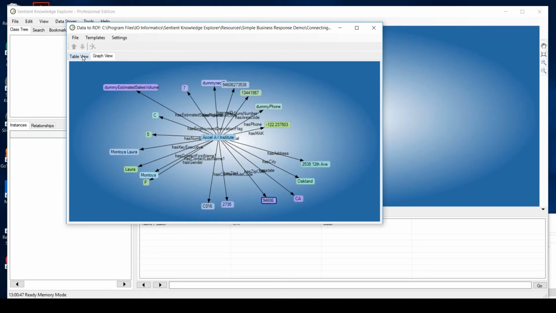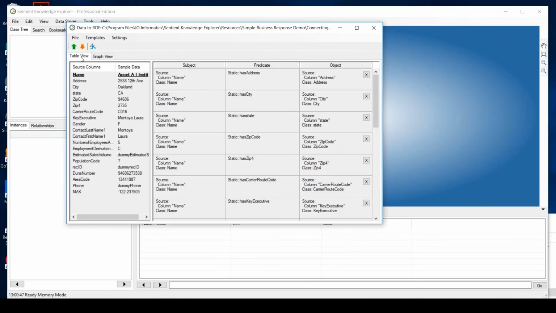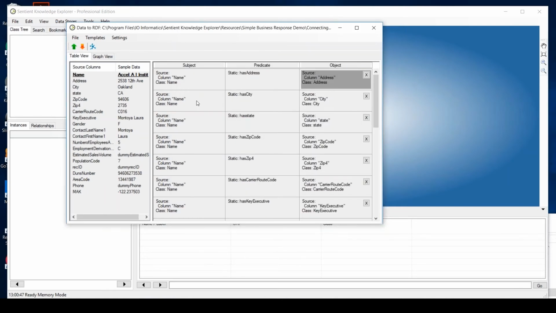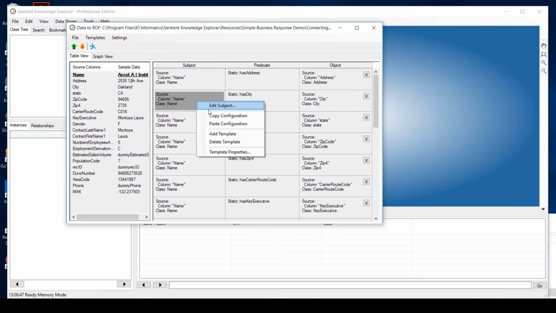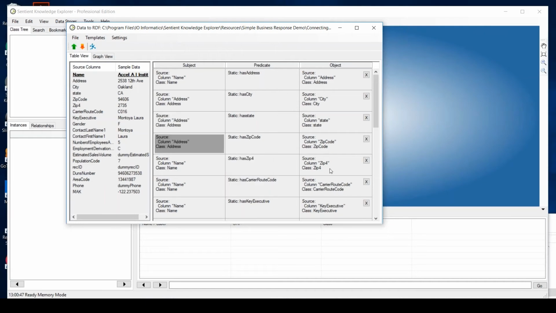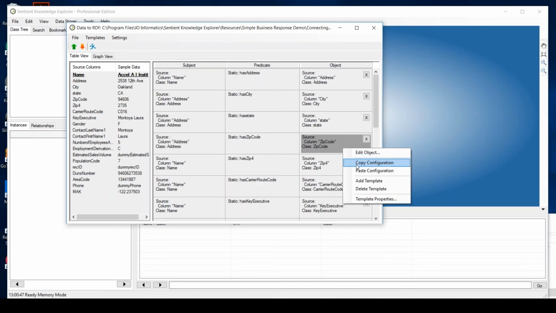So now I'm going to turn this from just a really super simple, what we call hub and spoke data model, into what's going to be a real business ontology, a little bit of a business ontology. So I'm going to take this concept of address. We can do a lot of detailed work here, but the most important thing is we have an address. And I'm going to copy it and paste it over here. So we'll say the business has an address, and the address now has a city. Okay, so the address has a city. The address has a state. Address has a zip code. You know what? I think I'm going to say the zip code has a zip 4